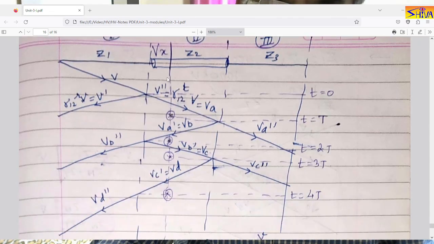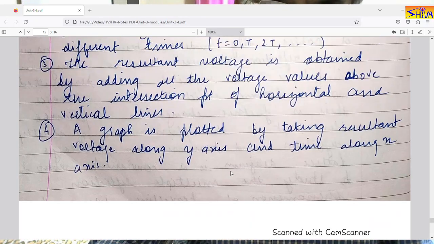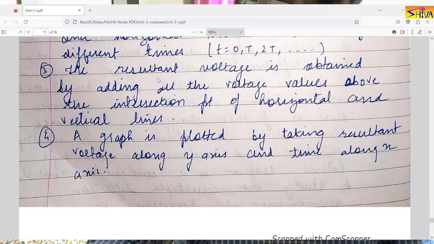Let us say we have to compute the voltage at point X. Say the voltage will be Vx. So from this point X, we draw a vertical line in the downward direction, and from all these times, we draw horizontal lines like this. T is equal to 0, T is equal to T, 2T and 3T and so on. The resultant voltage is obtained by adding all the voltage values above the intersection point of